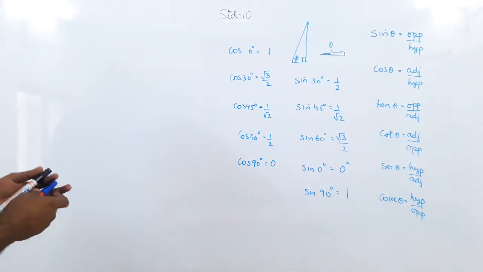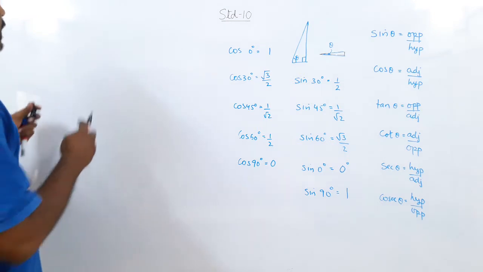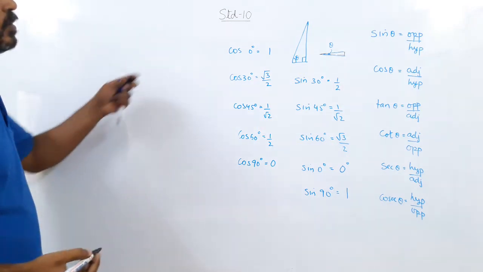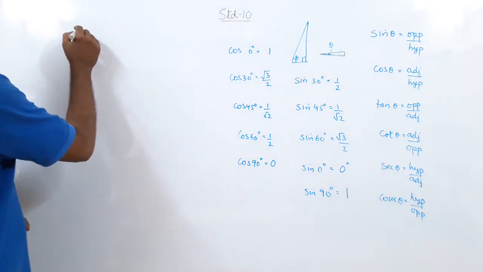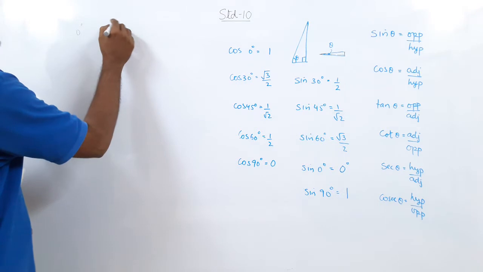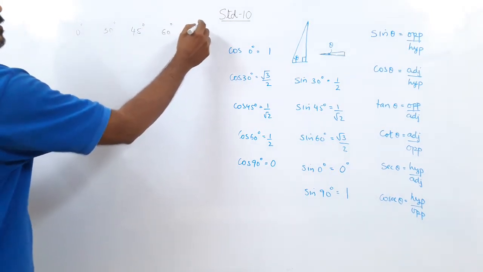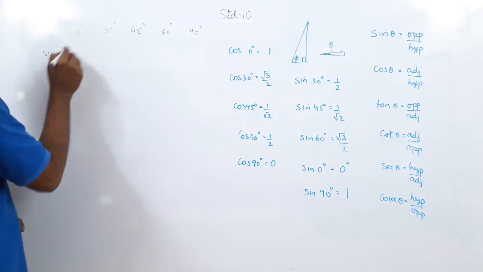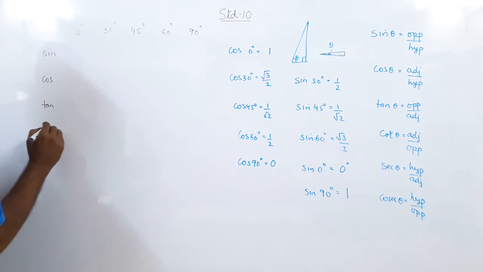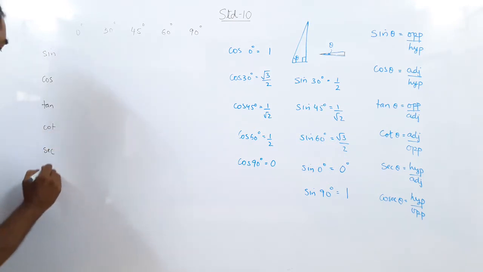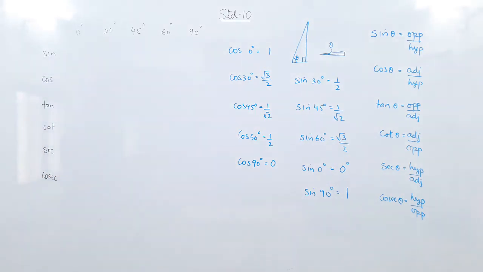So how do we write the trigonometric table? It is made like this. You write 5 angles. You can make a table for 0 to 90 degrees, all of them, but here we limit ourselves to 0 degree, 30 degree, 45 degree, 60 degree and 90 degree. And we have to find the sine, the cos, the tan, the cot, the sec and the cosec of these angles. This is what we have to find.